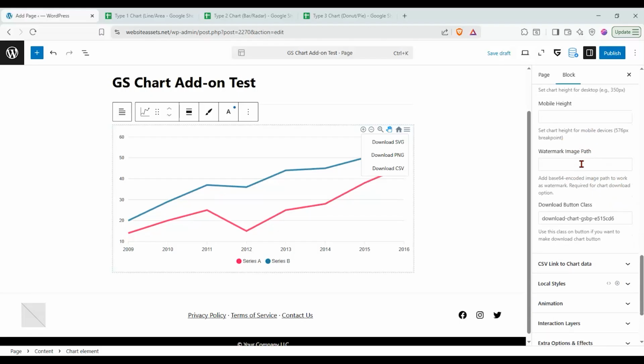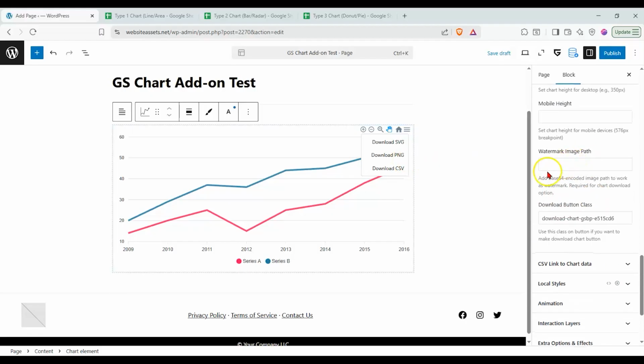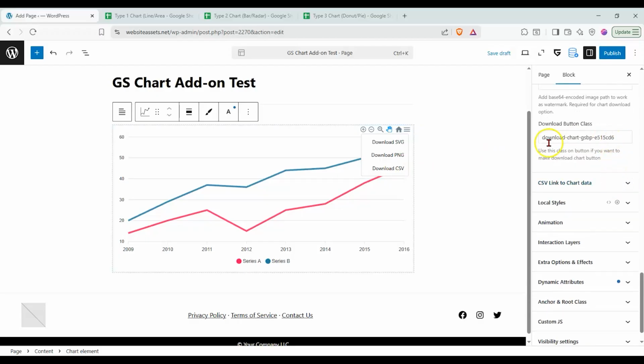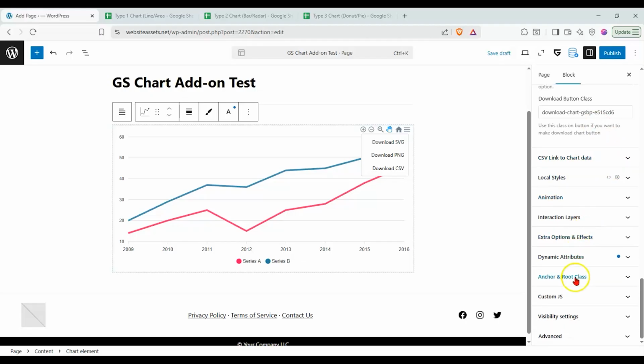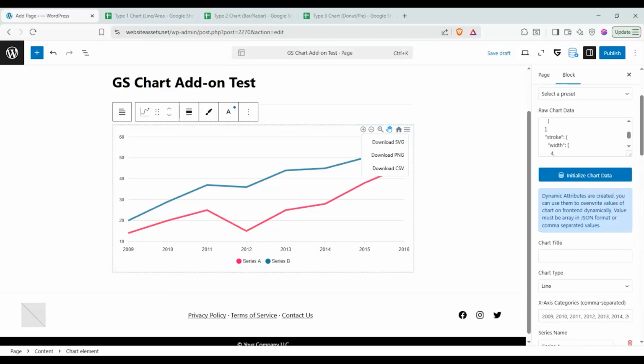And we can also add a watermark, and this is going to be a URL to put a watermark to the back of this, behind it, just so that when people download your chart, it's going to have your branding on it. Okay, and class for the download button itself. And everything else, we don't really have to mess with for the moment. What's important is